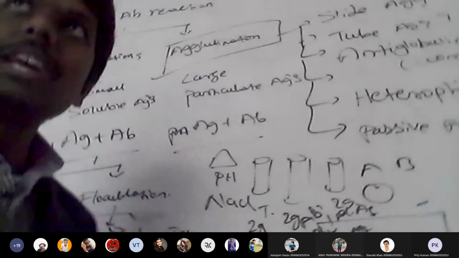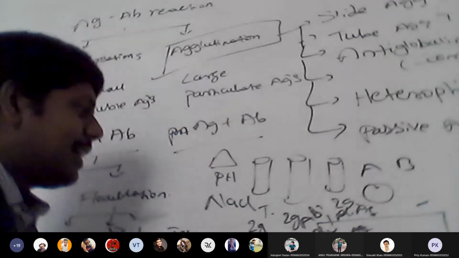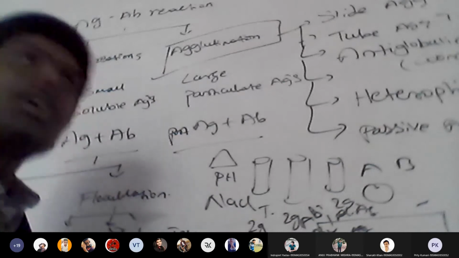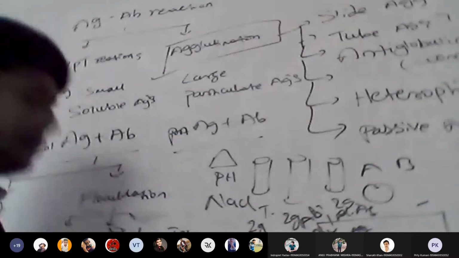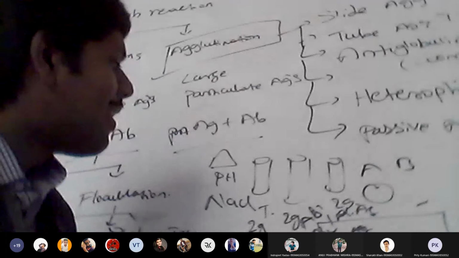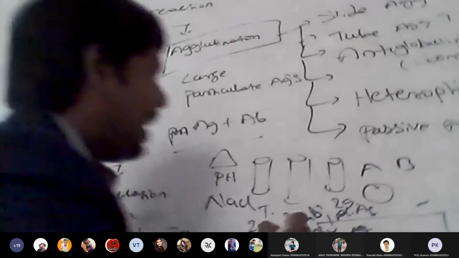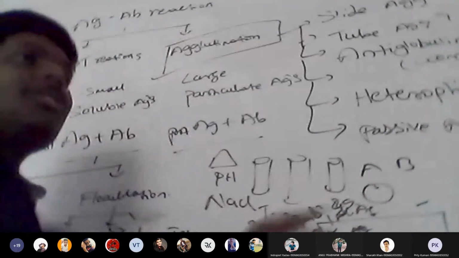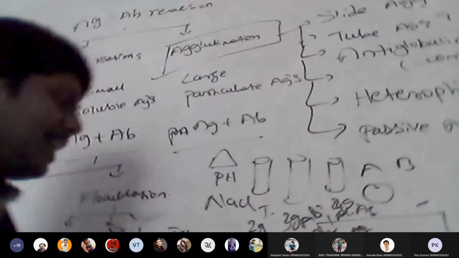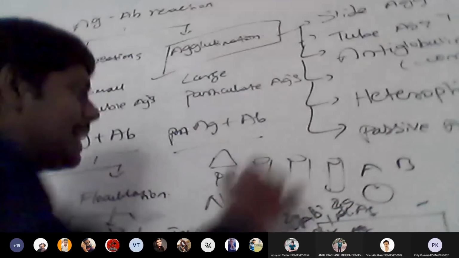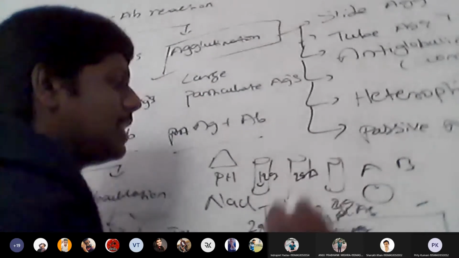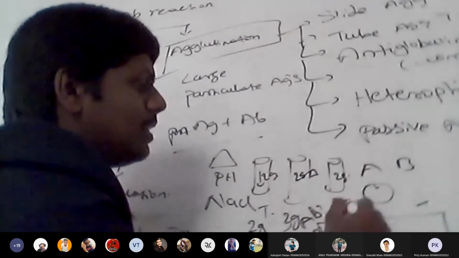Okay, here I need to make it reverse actually. Let me do it another way. I will take 3 grams, 4 grams. I keep increasing the concentration of antibodies in the test tubes: 2 gram antibody, 3 gram antibody, 4 gram antibody. Now I will take the patient sample and add to this test tube 2 grams antigen and 2 grams antibody, and here also 2 grams antigen, 3 grams antibody, here 2 grams antigen, 4 grams antibody.